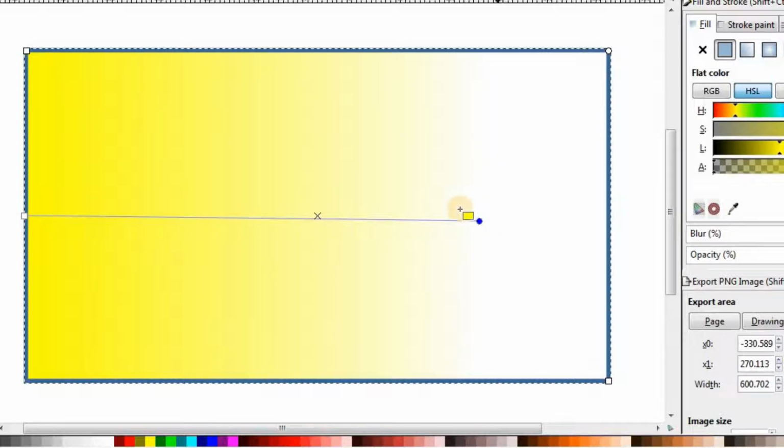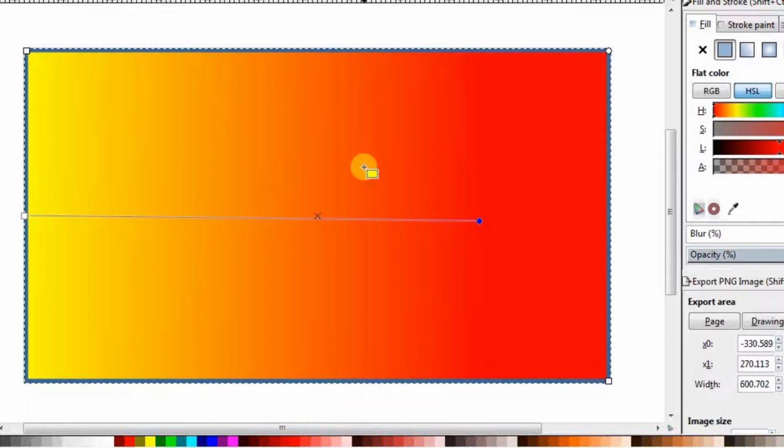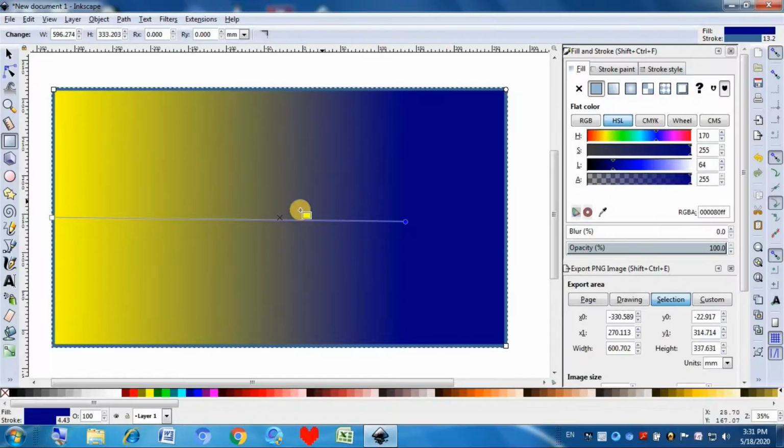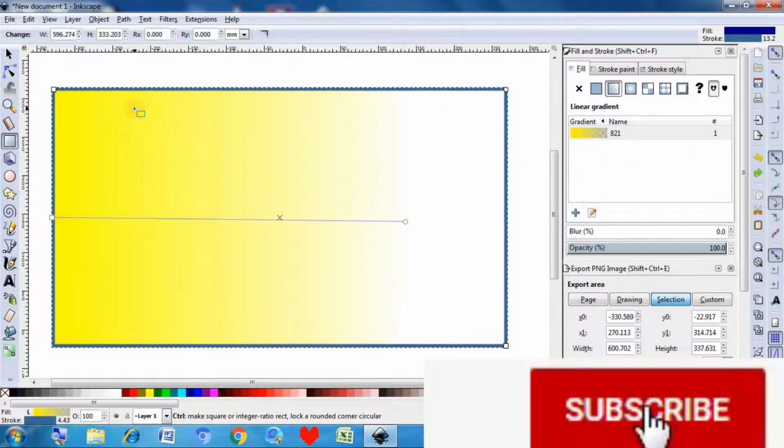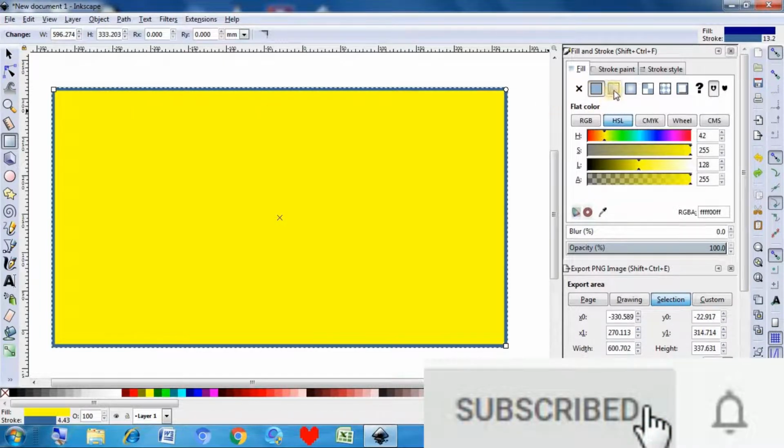By default it is given white, you can give it red. As you can see, the color matches with it. Let's give a darker blue. As you can see here, this part, a little bit like violet, right? That's how the linear gradient looks. So now just pressing Ctrl plus Z will remove the work we have done earlier. So now I am going to talk about the radial gradient.